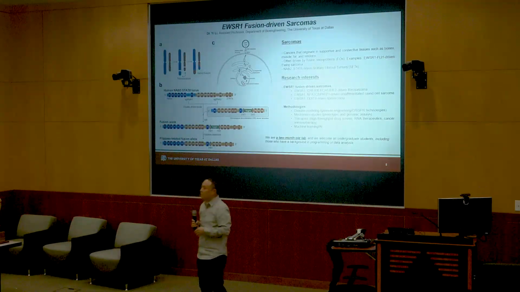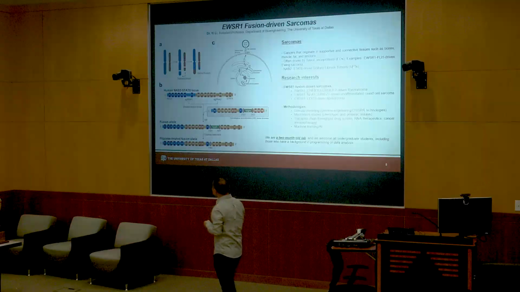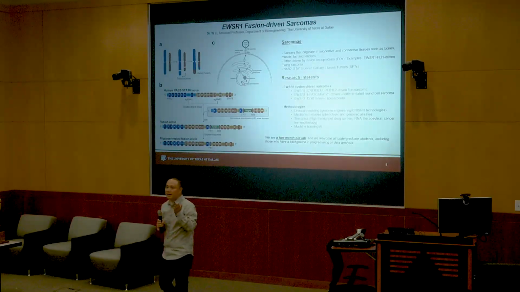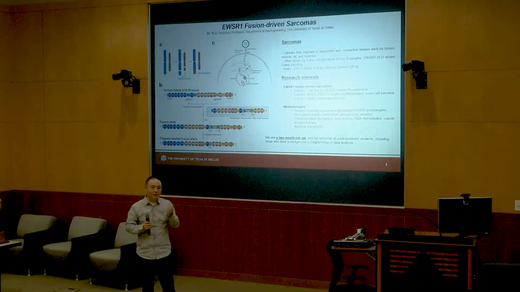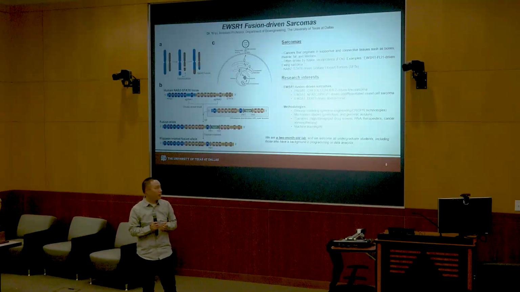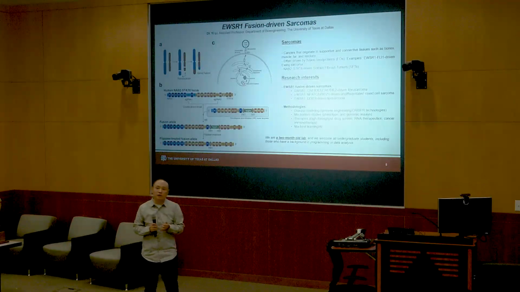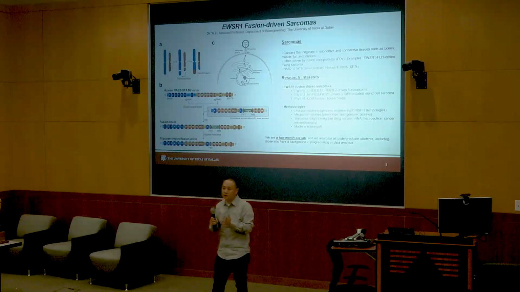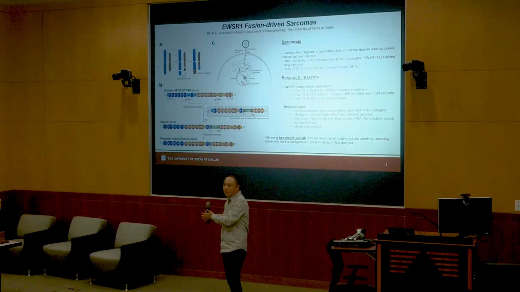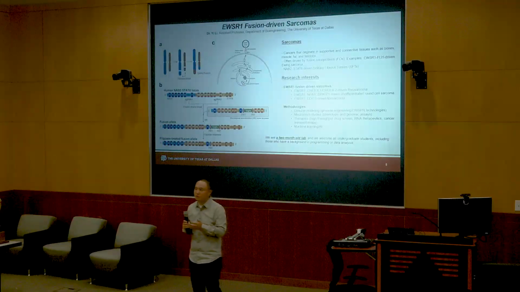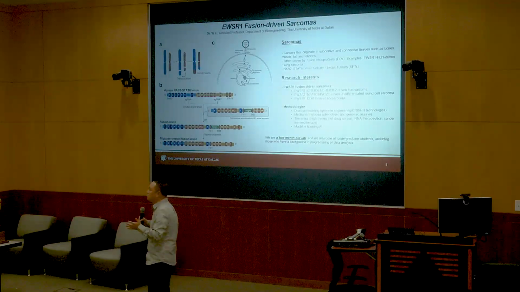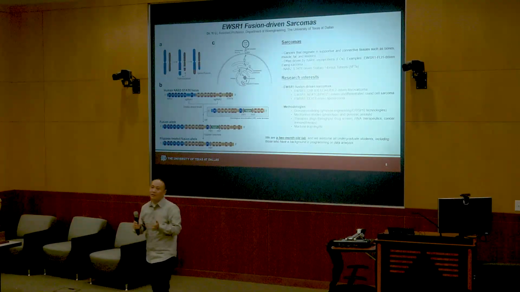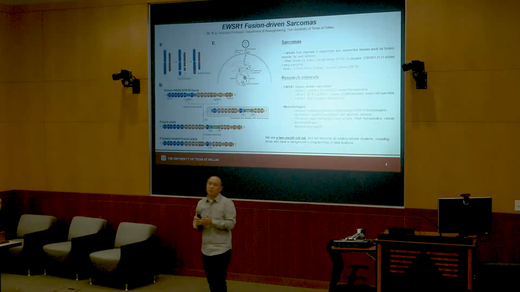As you can see from panel A, the specific fusion-driven sarcoma that I have been working on with two other professors in the last 5 years is a NAB2-STAT6-driven SFT. What's happening is a piece of genetic material or information gets misplaced in other places of the human genome. The end result is two genes get fused together,